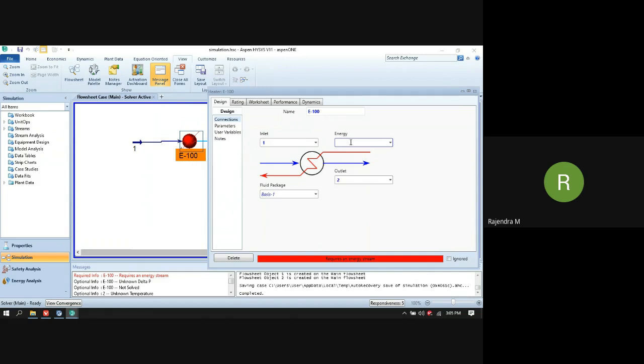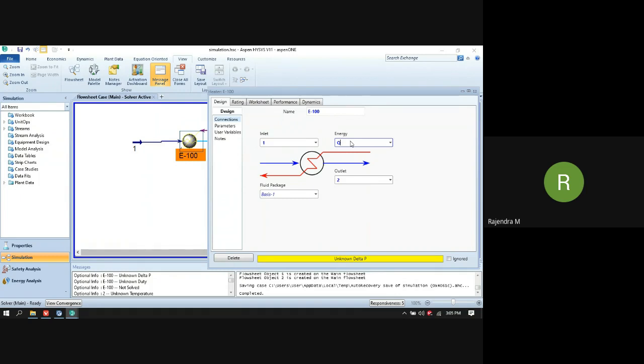There is a custom in Aspen HYSYS that the energy requirement or energy transfer from one object to another object will be considered in terms of some kind of a name, and that name we call an energy stream. Okay. So here I will just give simply Q.